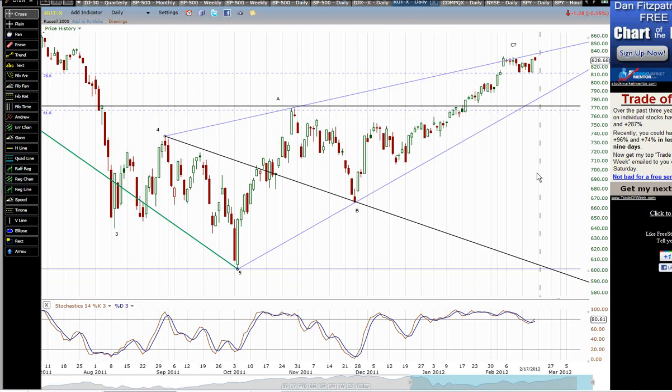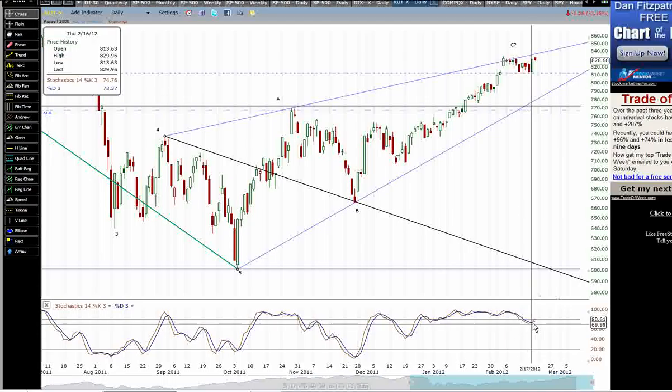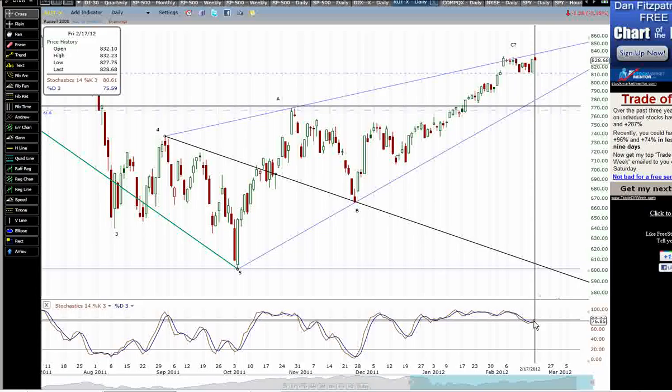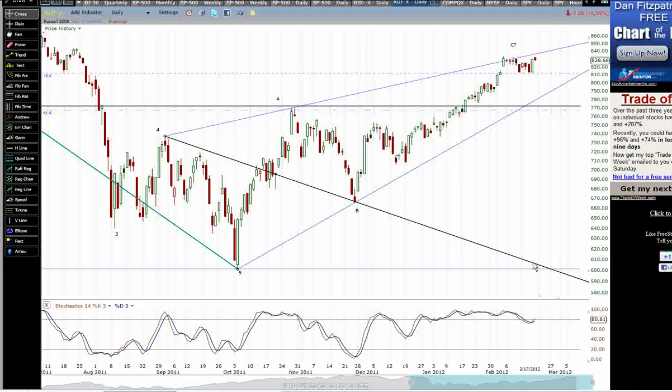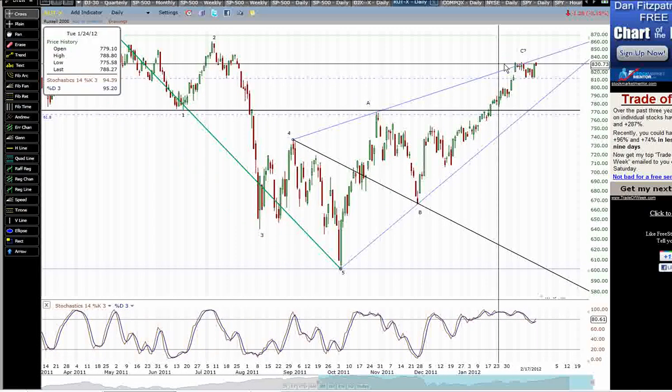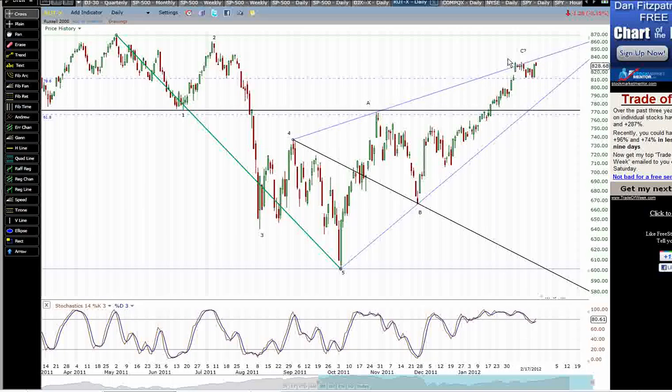Russell 2000, this is the one I've suggested looking to short because of the position it's in. And I think last video I mentioned, look for the daily stochastics to make a bullish cross up, which it did on Friday. Basically moving up to another high there, but it's setting up again a divergence here. So if this then turns down and crosses down again in the next day or two into a sell signal,